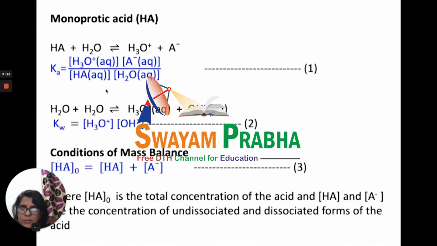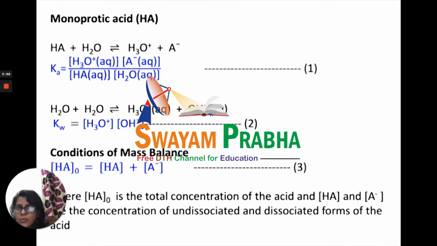Now, because you're talking about the aqueous system, you will also talk about the auto-ionization of water. So H2O plus H2O will give you H3O plus and OH minus. Again, as I explained, some of the water molecules will behave as an acid and will donate H plus ions to an equal number of water molecules which will behave as a base, resulting in the formation of H3O plus and OH minus. Now, when you have this auto-ionization, you can write down the ionic product of water. So, the ionic product of water, Kw, can be written as H3O plus into OH minus.